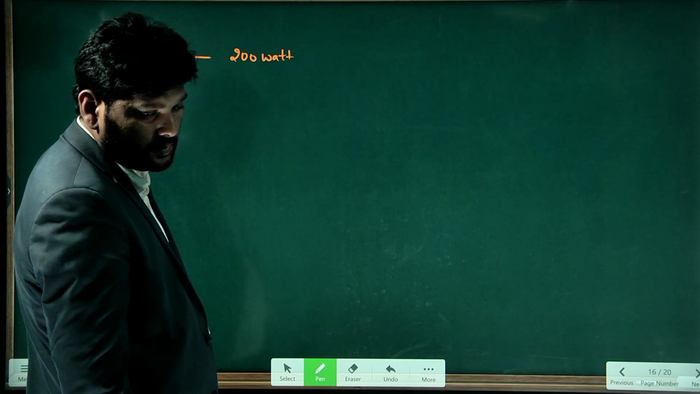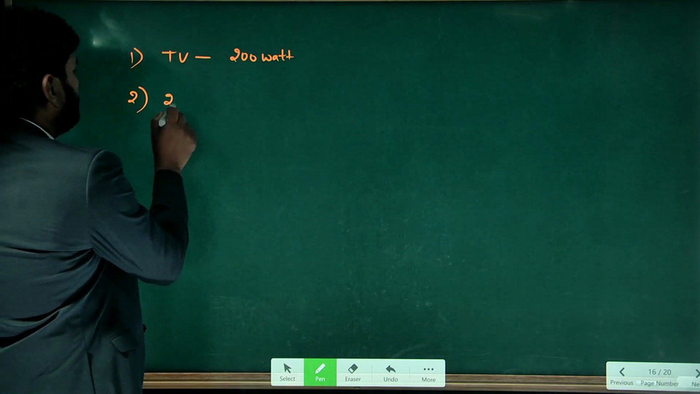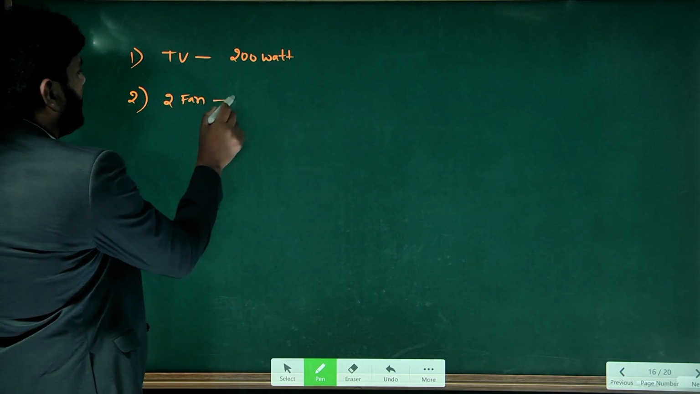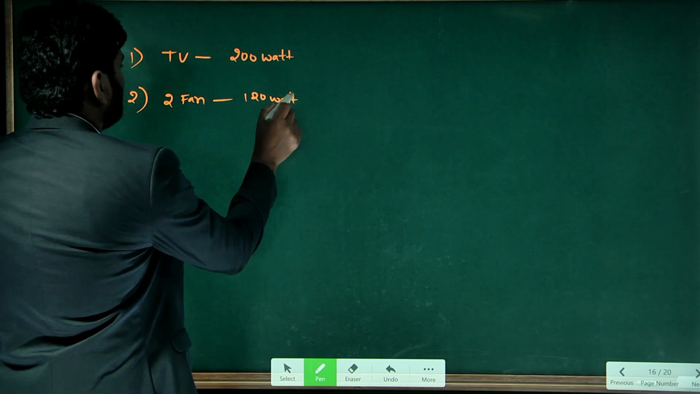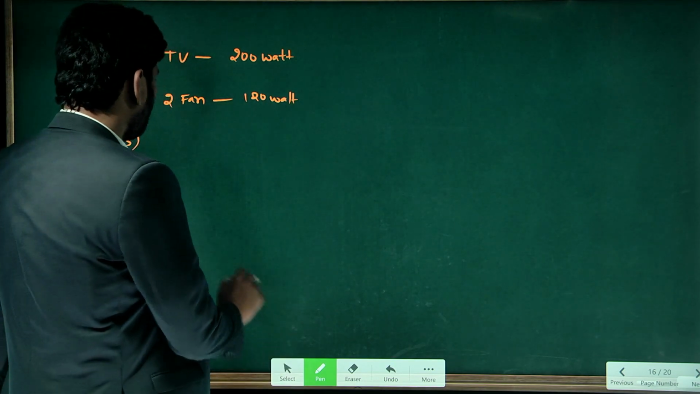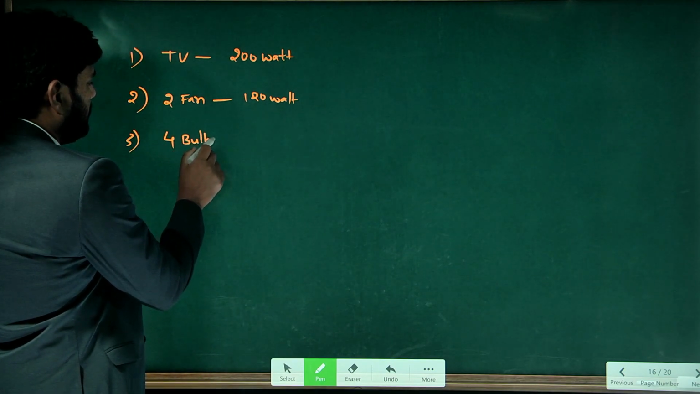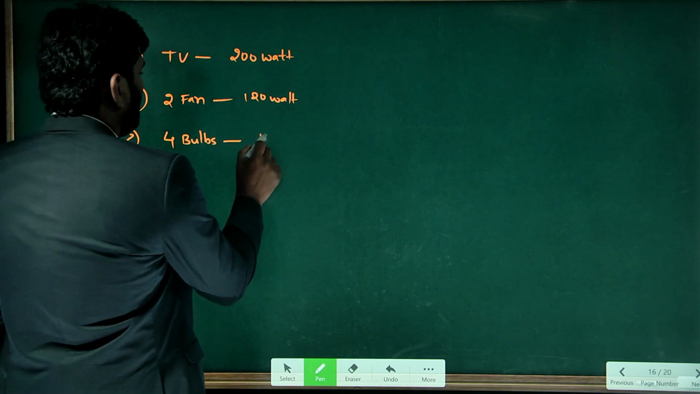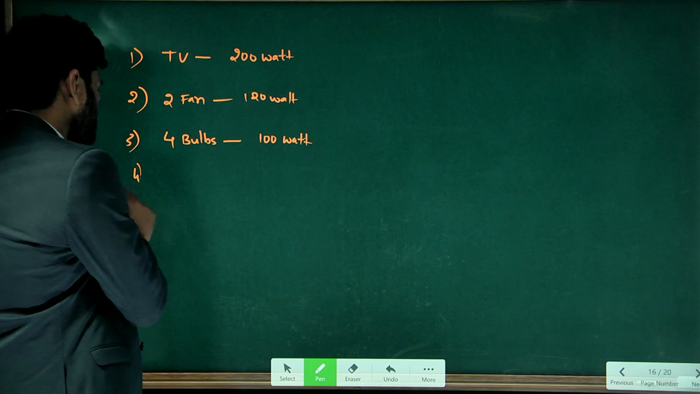Fans, sir. How many? Two fans. Each fan wattage is 120. Next, other appliance. Sir, 4 lights. Four bulbs, each 100 watt you can take, easy to calculate. Next, sir,